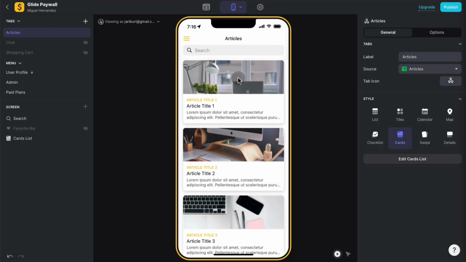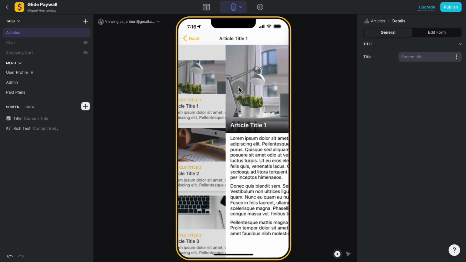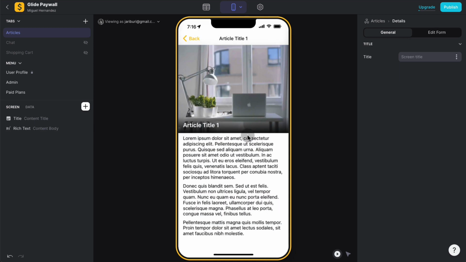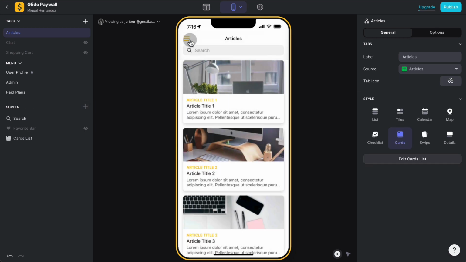So we need to store how many times somebody reads an article. In this case, we're going to count how many times somebody clicks on an article, and we're going to assume that clicking on an article means reading the article. So we need to count this. For that, we need a column under the users table to store the number of times somebody has clicked on